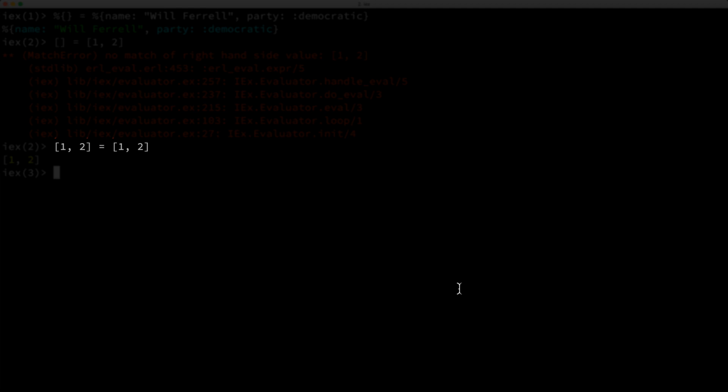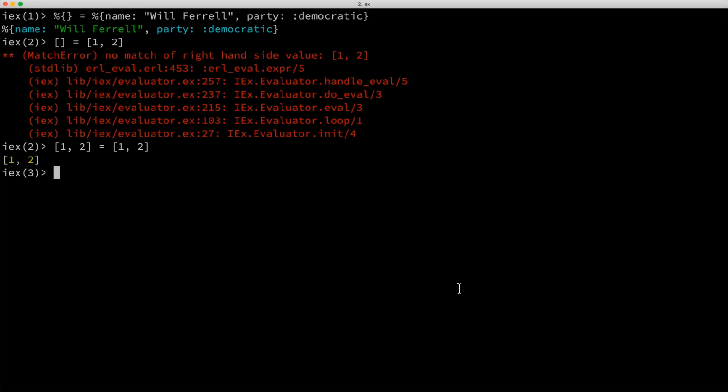But what if I don't care about the actual value in the second element right here? In other words, what if I don't care if this is a 2 or a 10 or any other value for that matter? How do you think we could change this expression to allow any value in the second element? Well, what if we change the literal value, the 2, to a variable like a? Let's try it. Okay, it seemed to work. And as you probably guessed, the value here is now bound to the variable a.